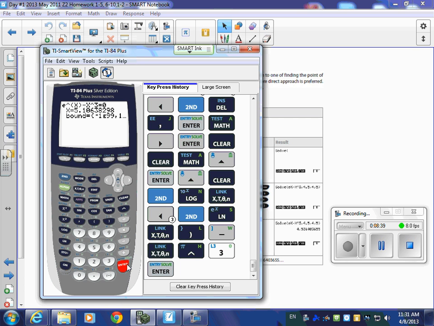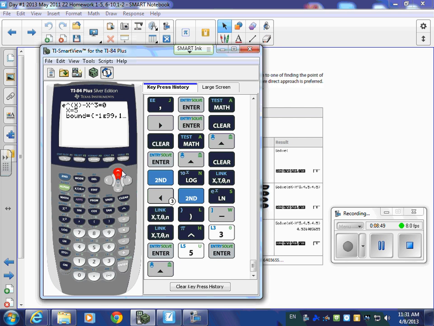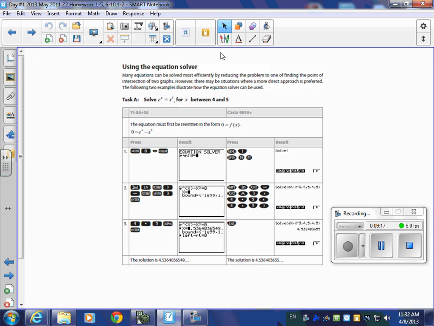The boundaries are negative infinity to infinity, essentially, on the calculator. And then you just put in a guess. I like to put in a 5. And then there's my guess. Now go green, enter. And there's my answer. There's my solution. Right. Because if there's two solutions, it has to know which one to pick. So there you go. That's using the solver. Some of you can also go ahead and use the